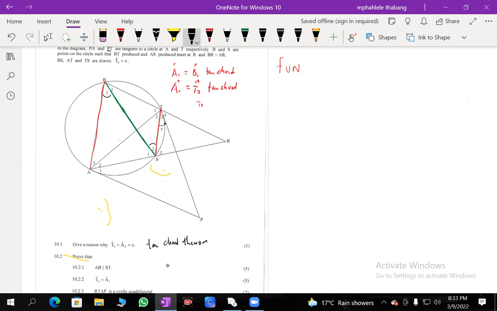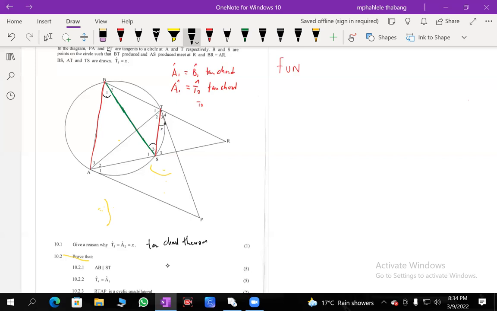Why am I choosing angle B1 and angle S2? I have a feeling that something like this is going to come in the exam room, especially around June. There is a high chance that this one can come in June. Why am I saying if angle B1 equals angle S2, AB will be parallel to ST? You have to look at angle B1 and angle S2. They alternate, we call them alternate angles,